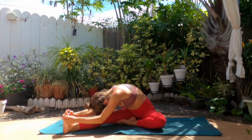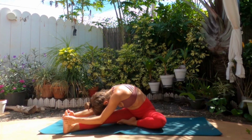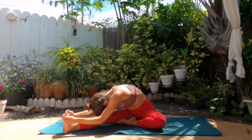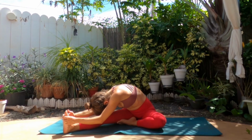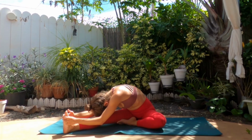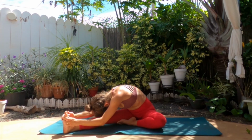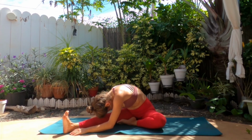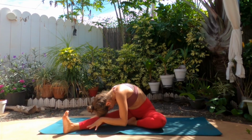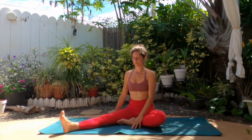Just allow yourself to round here. We're not forcing anything. We're allowing our bodies to stretch, the back of the right leg to stretch. And as you exhale, maybe you can fold deeper. Whenever we do any of these stretches, it's always important though to be mindful of extending the spine beforehand. Instead of directly going into a fold without being mindful, it's important to be mindful of the positioning that we put ourselves in. Slowly creep yourself back up to center with your fingertips, slowly with the crown of your head